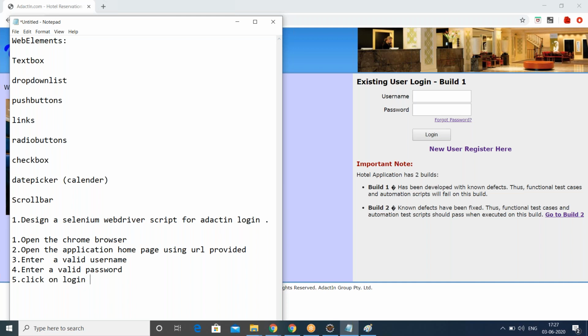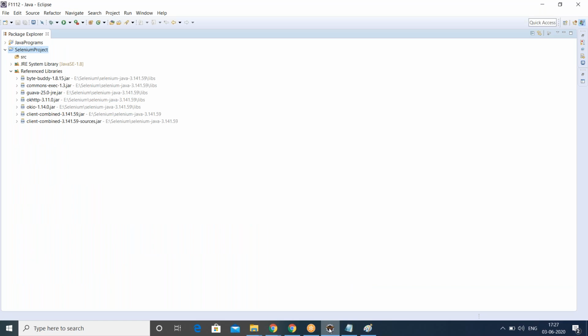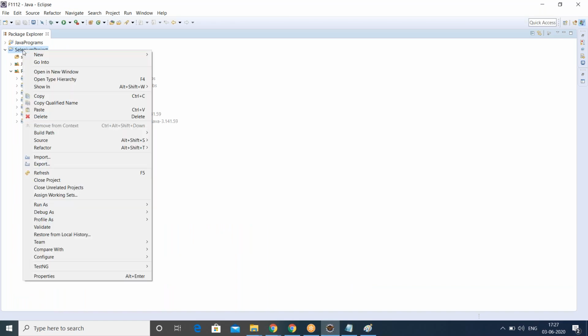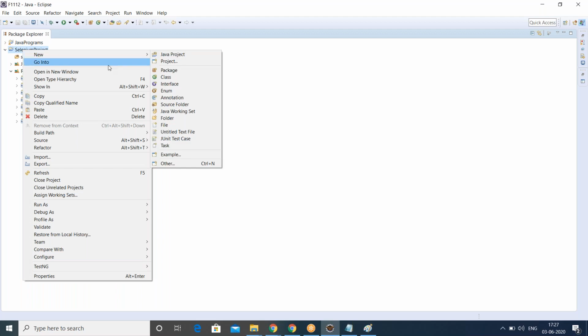So these are our test steps. Now we are going to automate the same steps with the help of Selenium. Now go to WebDriver, select your project, right click, say new.